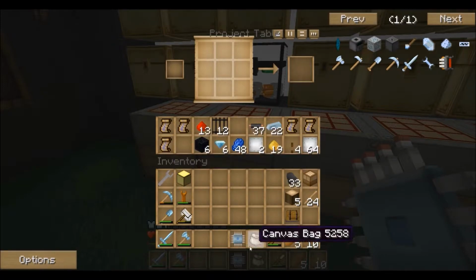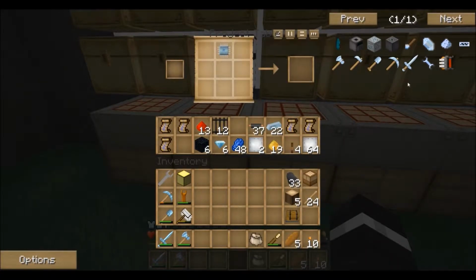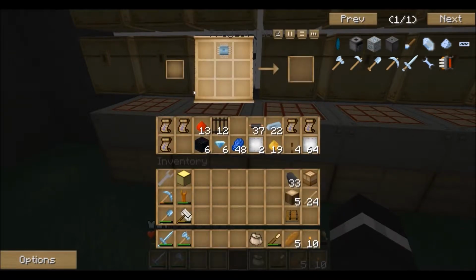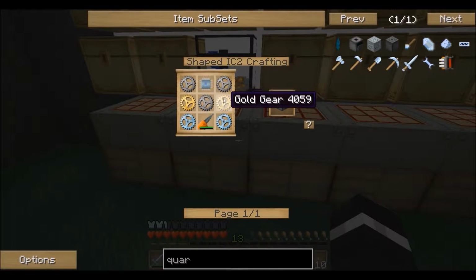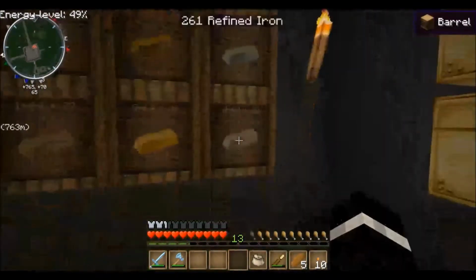Alright, so I don't know if you guys have seen these plans. Those plans are so nice to be able to put your items in the midsection of those project tables and be able to pull them out. And right now we're going to try to make all those gears. We're going to need